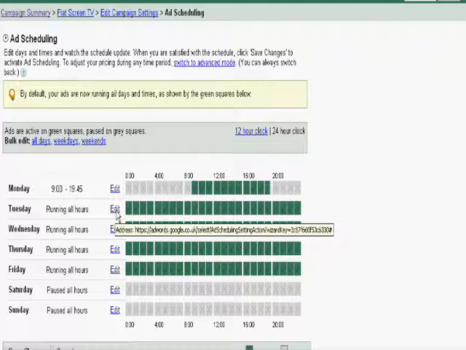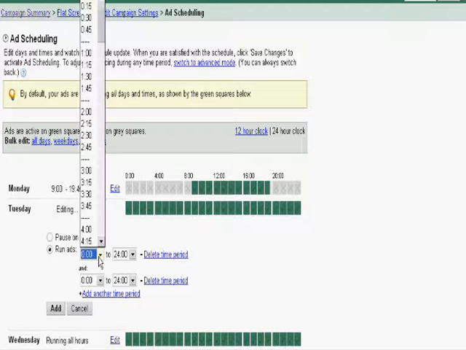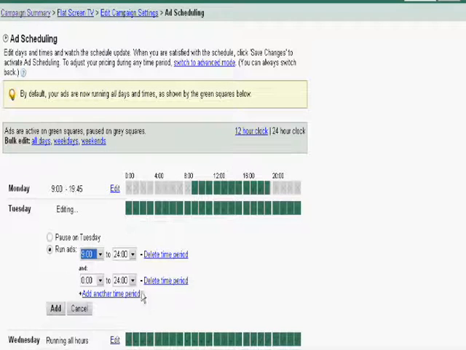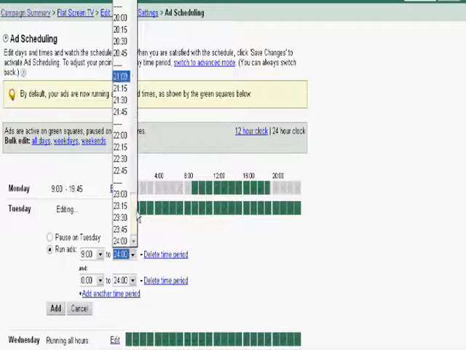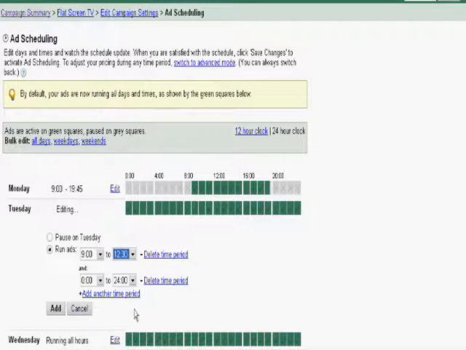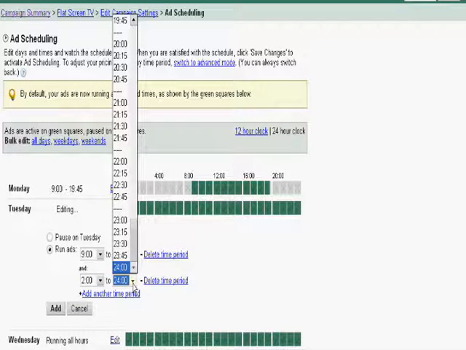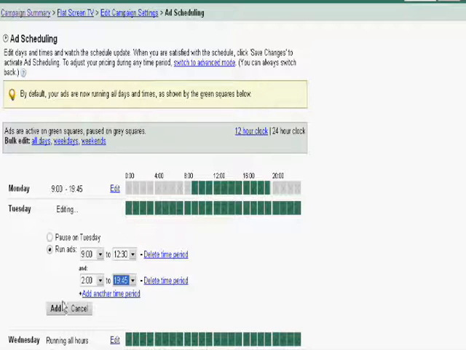Now there is another option. If you, for example, want to omit the lunch break and things like that, because when you know people don't buy so much, what you can do is add another time period. So now you have 2 time periods. Let's say one will be from 9 till 12:30, and the second period would be after the lunch break from 2 to 9:45. As you can see, what will happen now,